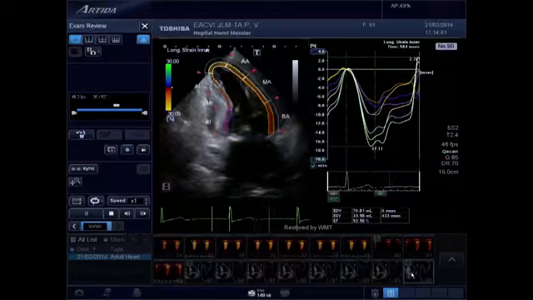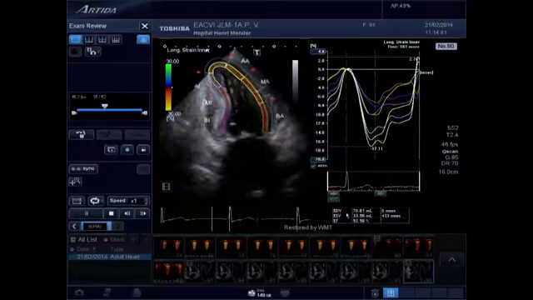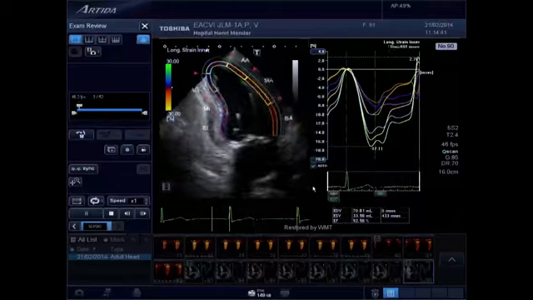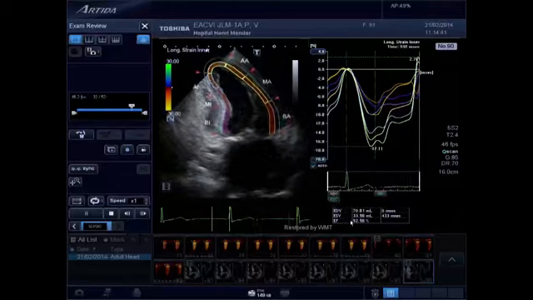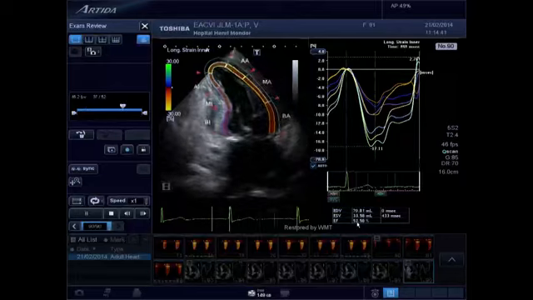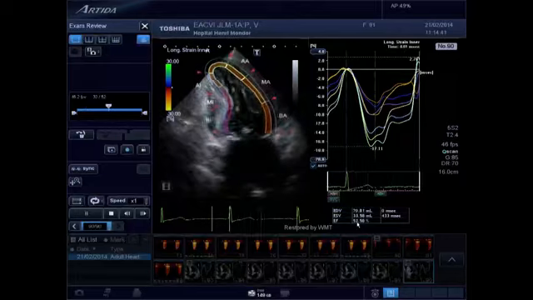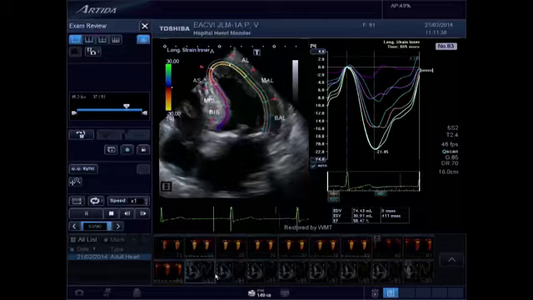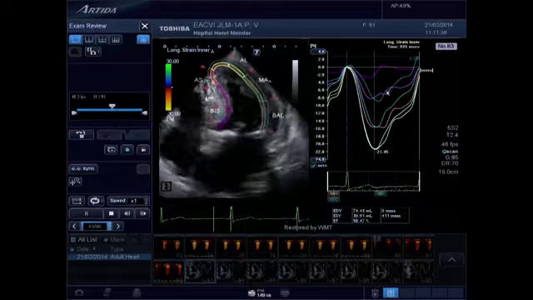We can check the left ventricular systolic function by the ejection fraction, which is preserved. Here we have a measurement with a biplane Simpson method that gives an ejection fraction of 53%, which is within the normal range. But if we check the longitudinal function, segment by segment, we can see that on the basal